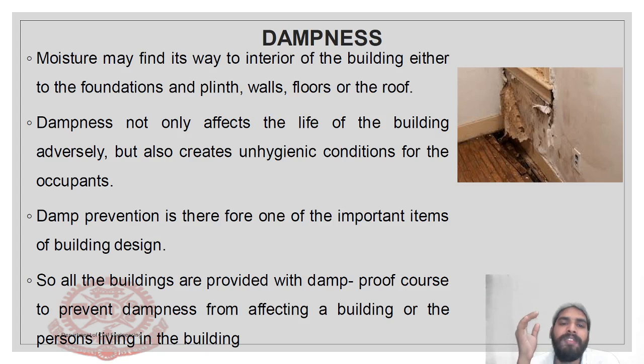So damp prevention is therefore one of the important items of building design. While you're designing a building, you have to take utmost care to prevent dampness. It may be hygroscopic water or gravitational water, whatever it may be, a proper provision should be there, right? How may the infiltration take place? The dampness can come through the walls or through the foundation. So all buildings are provided with a damp proof course to prevent the dampness from affecting a building or the